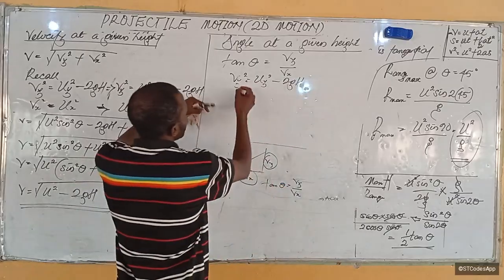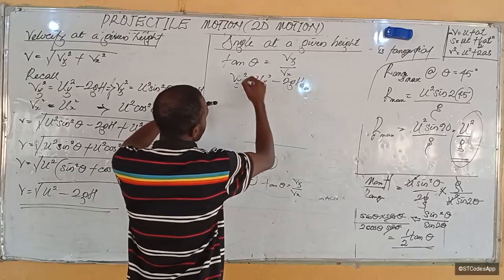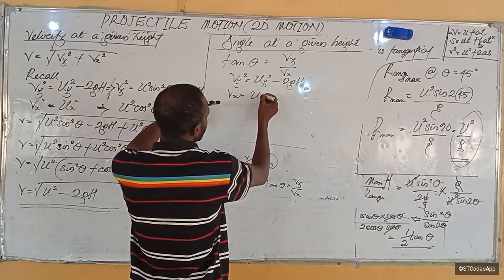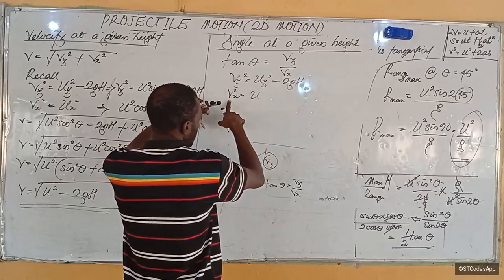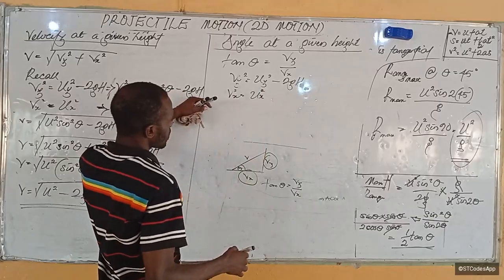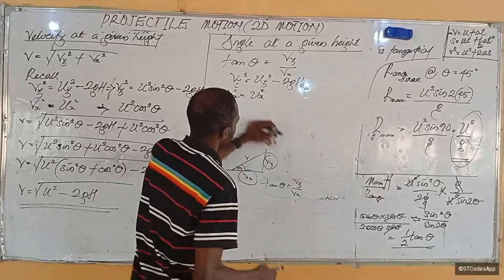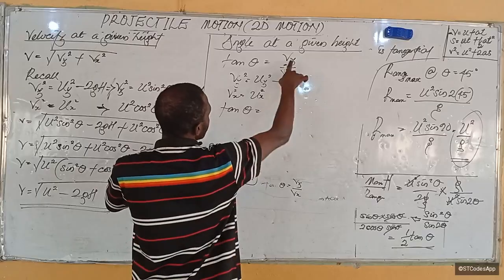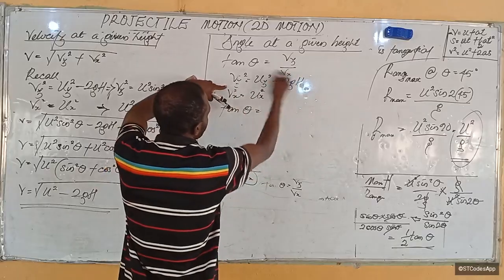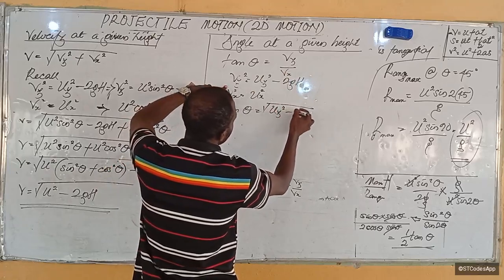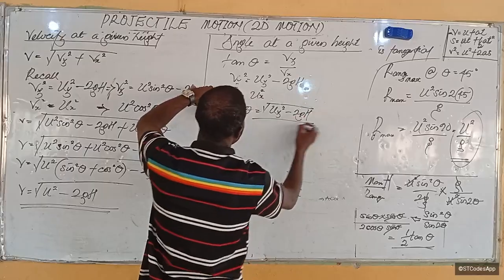So in that case, V sub y will be equal to the square root of this. And V sub x is U sub x, V sub x squared is equal to U sub x squared. Okay, so this is the formula we're using. So the tangent of theta is going to be V sub y, the square root of all of this, the square root of U sub y squared minus 2GH over